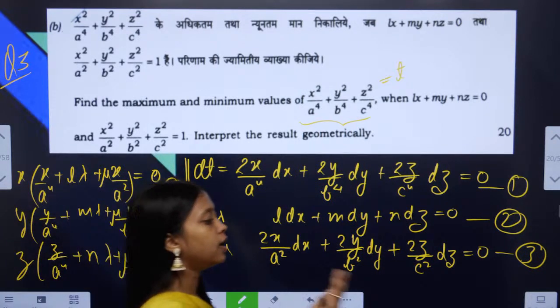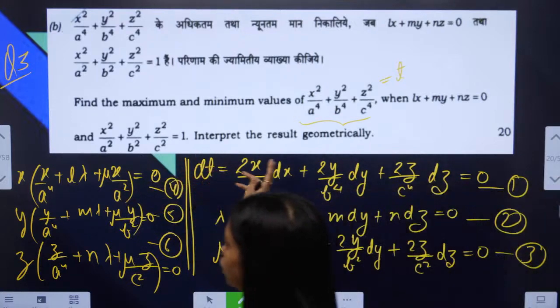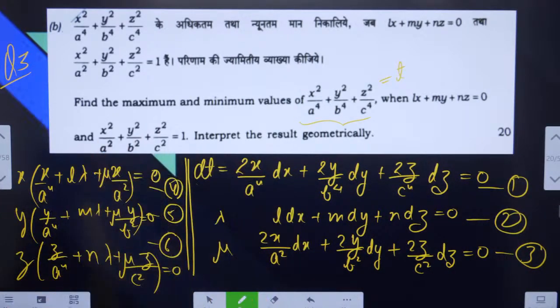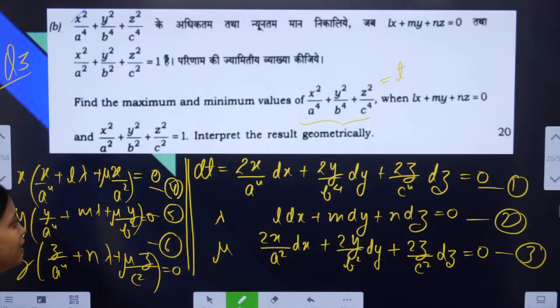Okay. The same way, in the method that we have done to find the maximum and the minimum value of an expression in 3 variables, this is how we do it. Okay. So